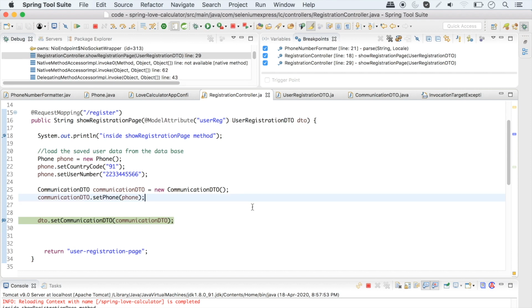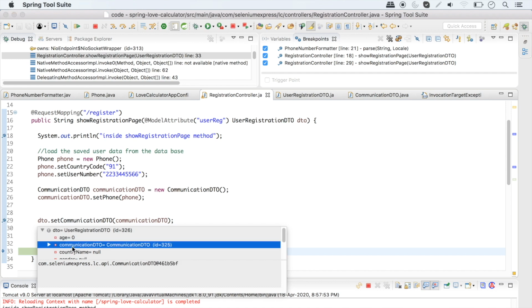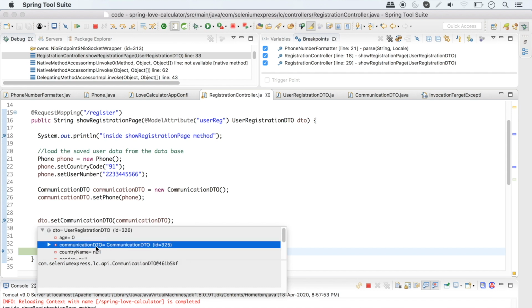and now if I do F6 here, you can see there is no error and we got rid of this particular null pointer exception error. So if I put my cursor here on my DTO, which is my user registration DTO object, you can see the user registration DTO object is getting created here, right? We do not need to manually create our user registration DTO object. Spring will do user registration DTO equal to new user registration DTO. So the user registration DTO object gets created by Spring, and then I have manually created the communication DTO object